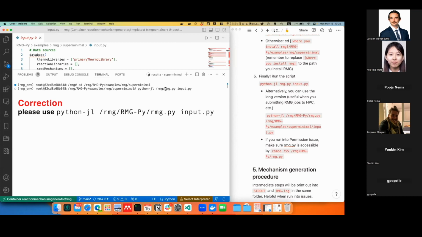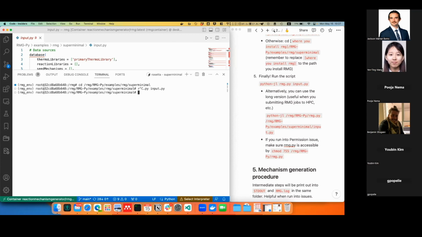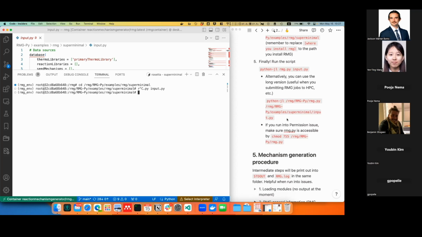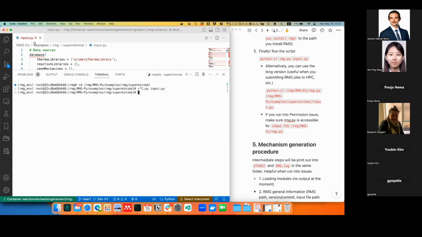So it will be rmg, for the Docker users. Alternatively, you can also do something like this, but you have to give permission to rmg to make it executable, something like chmod 755 on rmg. Once you launch it, it will kind of suspend here because it's loading the modules. So while we are waiting,